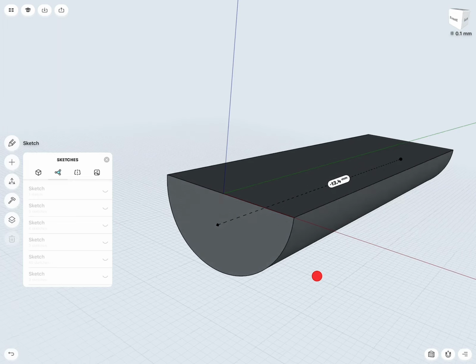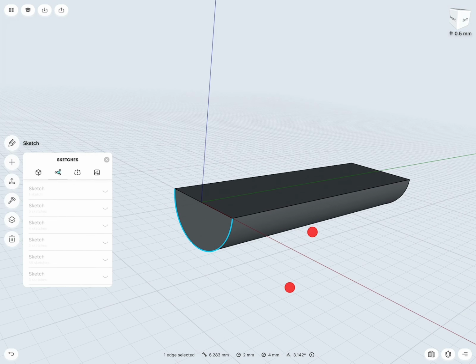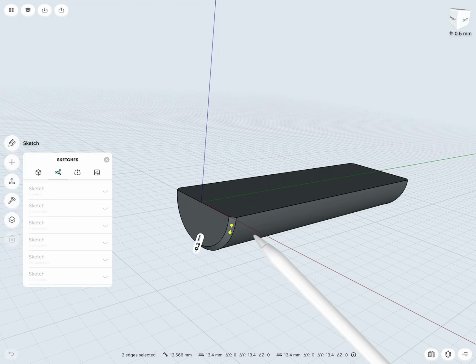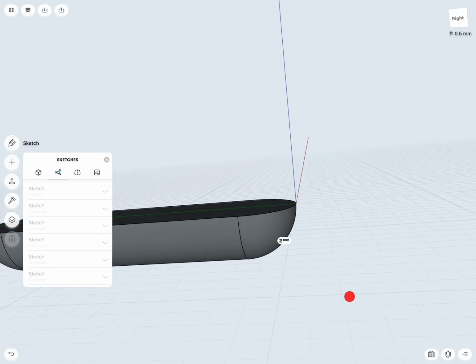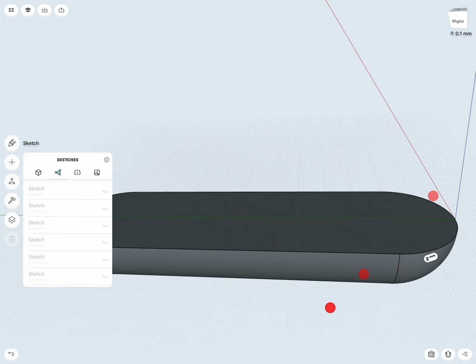And these edges I would like to round. I measure this first, 4 millimeters. So I know that then these two edges, if I round them to 2 millimeters, creates perfect domes. Nice. And now this top surface, that